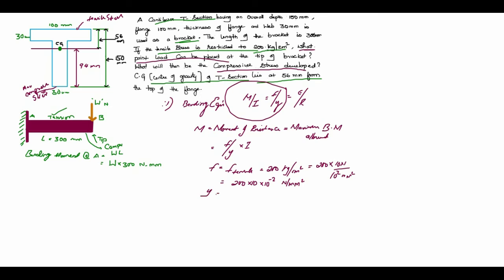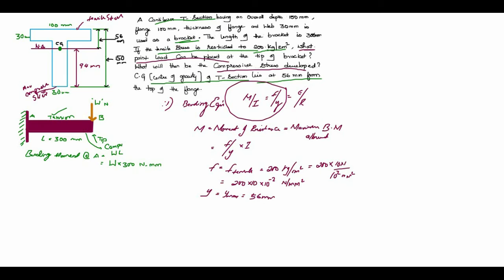So what is y? Y should be y max, which is equals to the distance between the neutral axis, see the diagram here, neutral axis to the topmost layer in which the maximum tensile stress is exerted. So we are taking the stress in the topmost layer. Therefore, Ymax will be the distance between the topmost layer to the neutral axis, which is equals to 56 mm. Therefore,